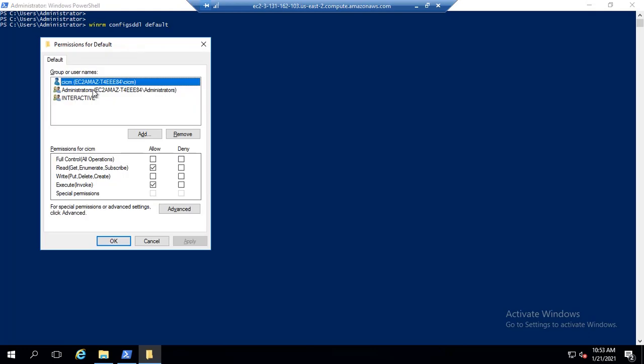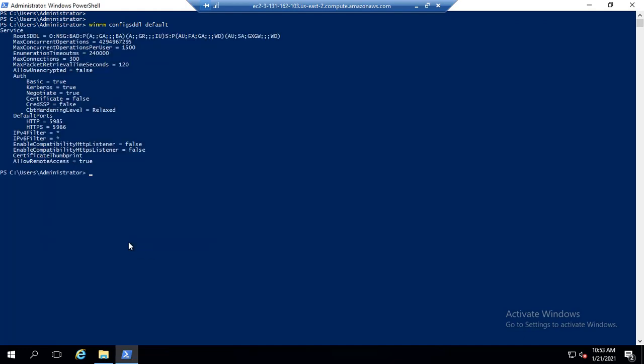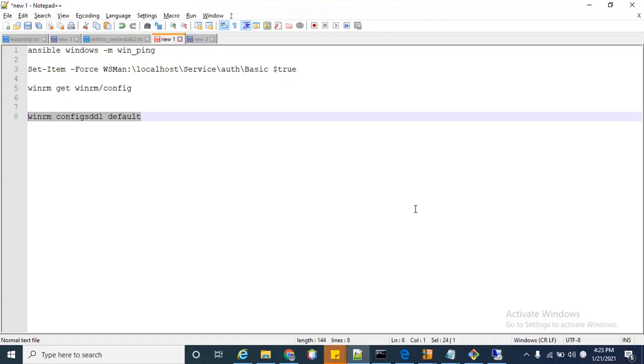This is the command we can check. Yeah, you can see the CICM user. Actually this user I am using in my host file. So let me remove the permissions of this user and we can check from the Ansible side whether it is working or not. We are just doing this for example. We will enable it again.